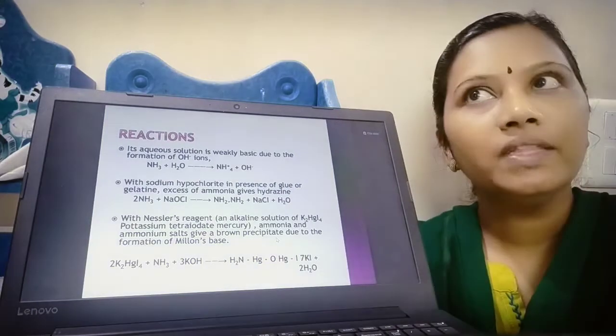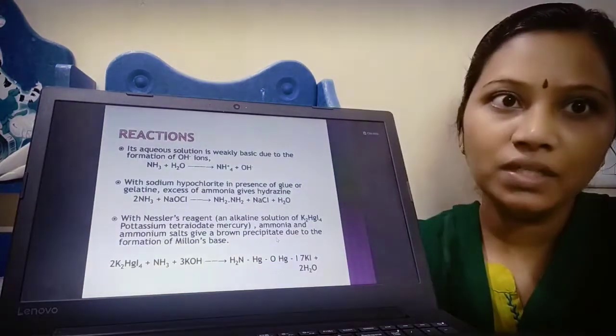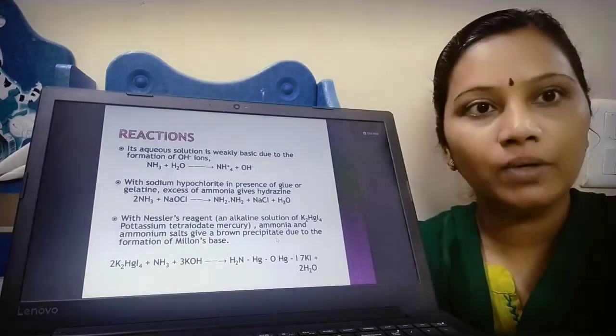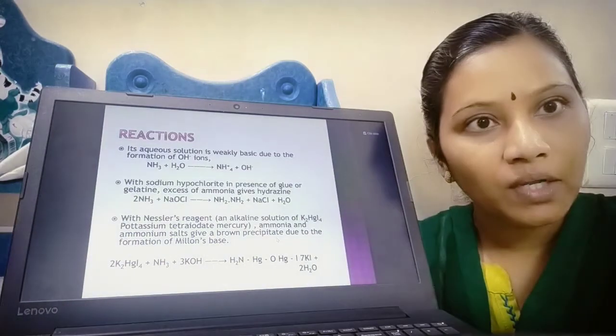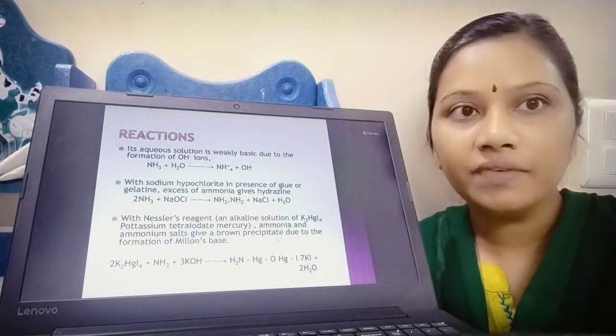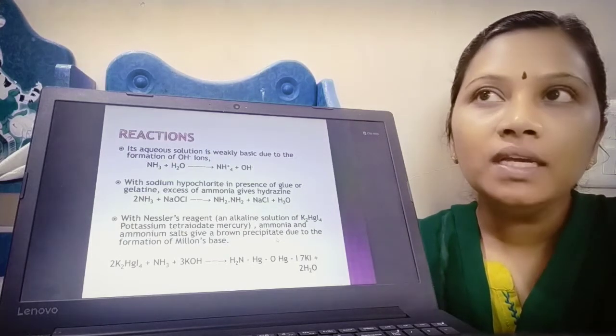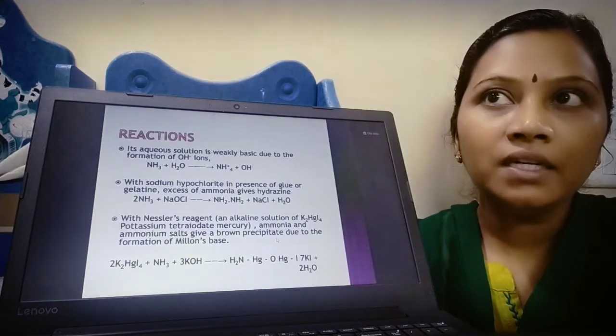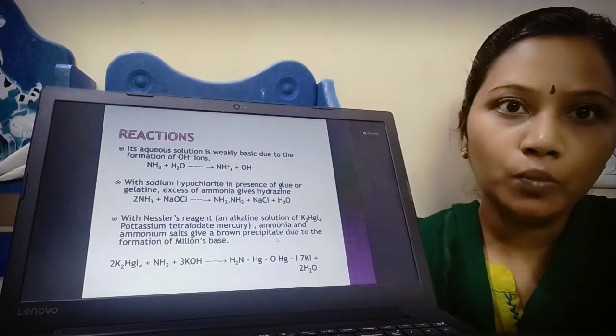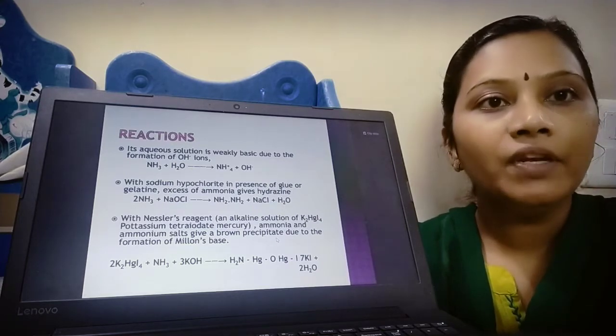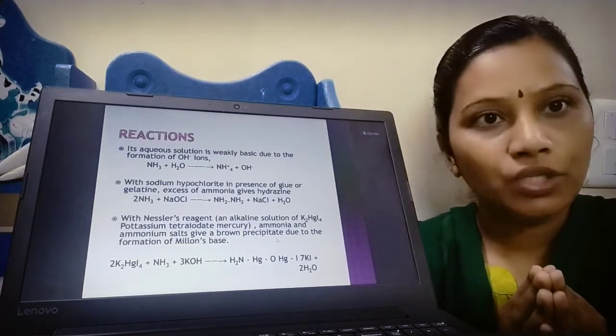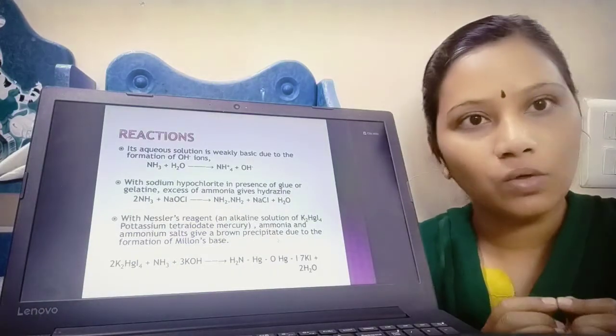We saw with less oxygen, with more oxygen, with less chlorine and excess chlorine. Then we saw the reducing property of ammonia, and with ammonia solution and copper sulfate, a blue precipitate is formed, and when you dissolve it, a deep blue solution is formed. Then what happens to iron? That also we have seen.